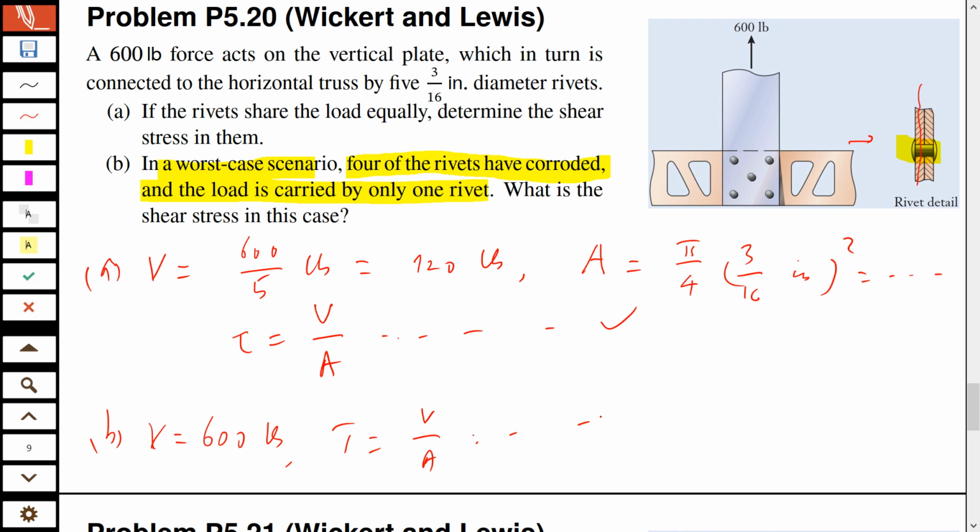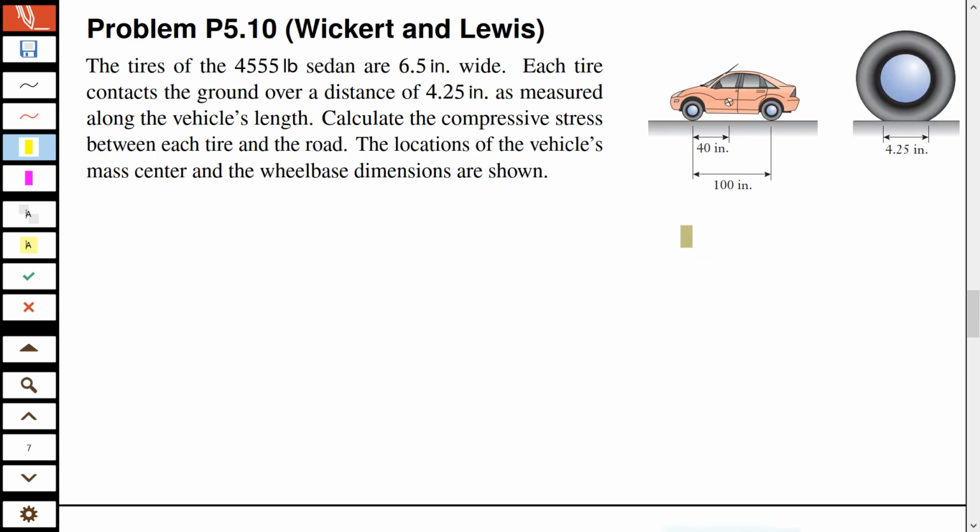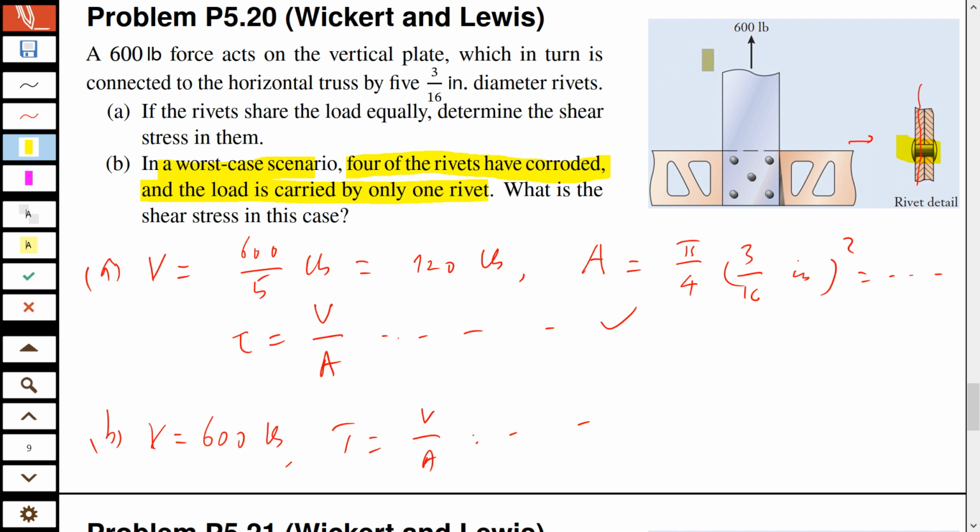Let's make sure that you understand what I'm trying to say. Let's say मुझे रिवेट, ये क्वेश्चन जिस तरह आपको याद है ना, जिस तरह पहले एक क्वेश्चन था, it was not a question about the work piece, but it was a question about the saw or the blade. तो यहाँ पे what if the question was not about the rivets, but it was a question about the plate, the vertical plate, या vertical plate ये है ये,